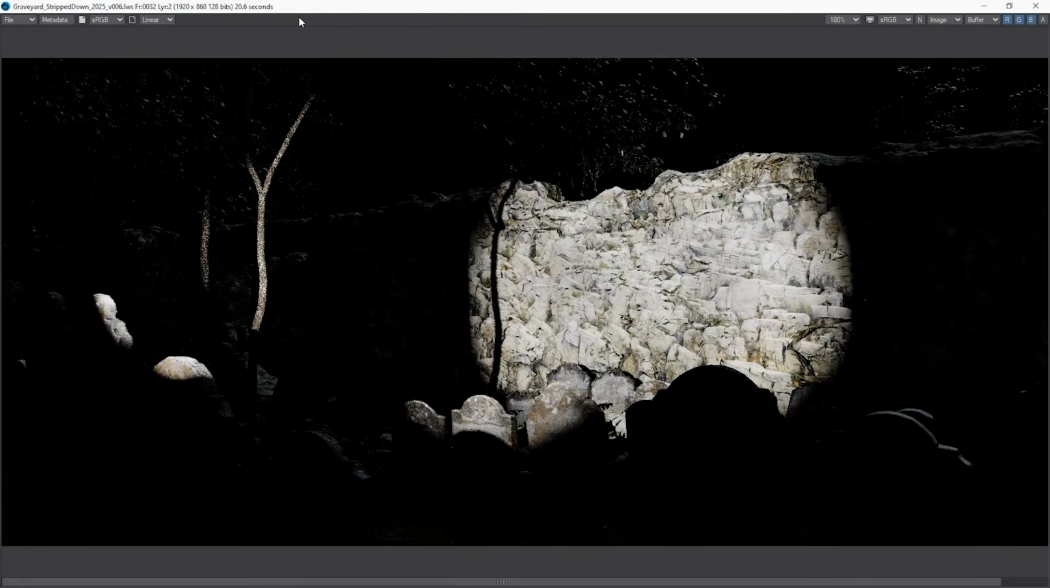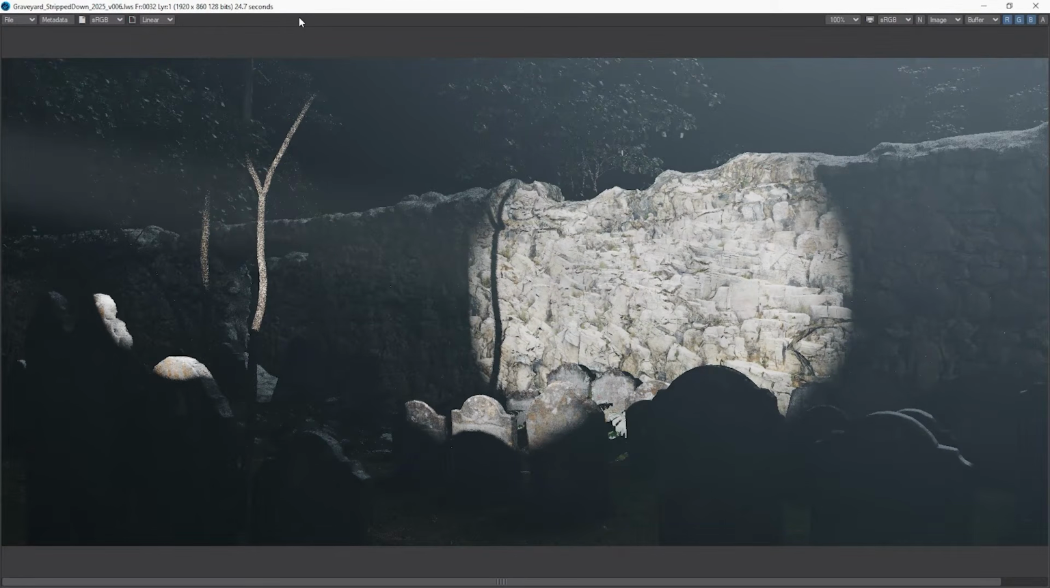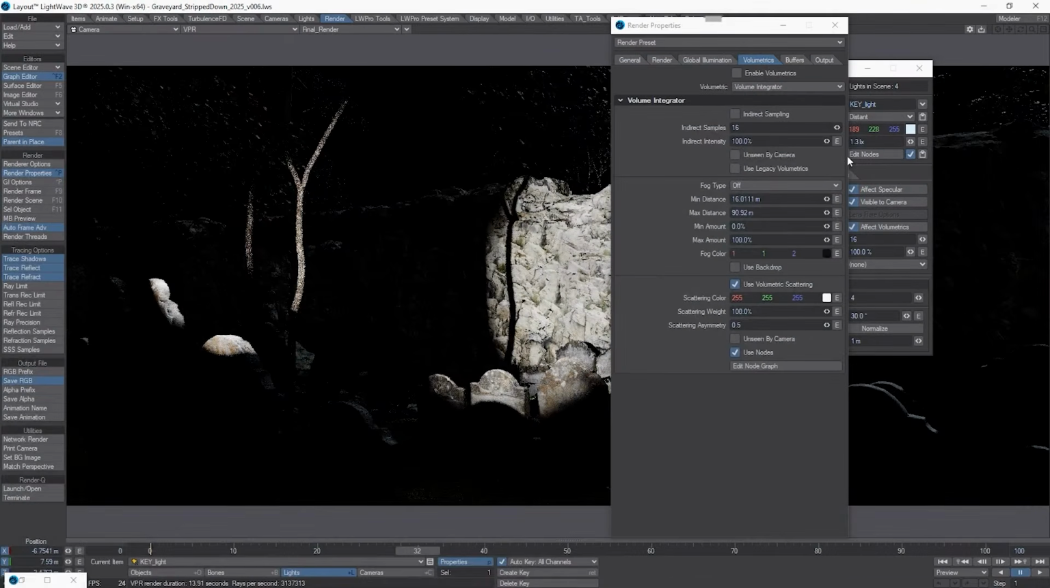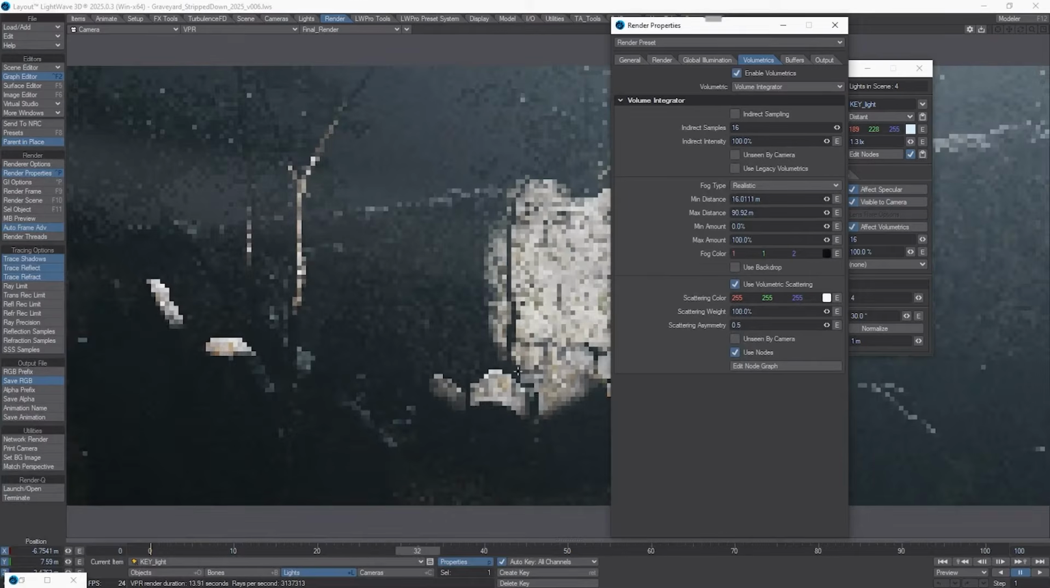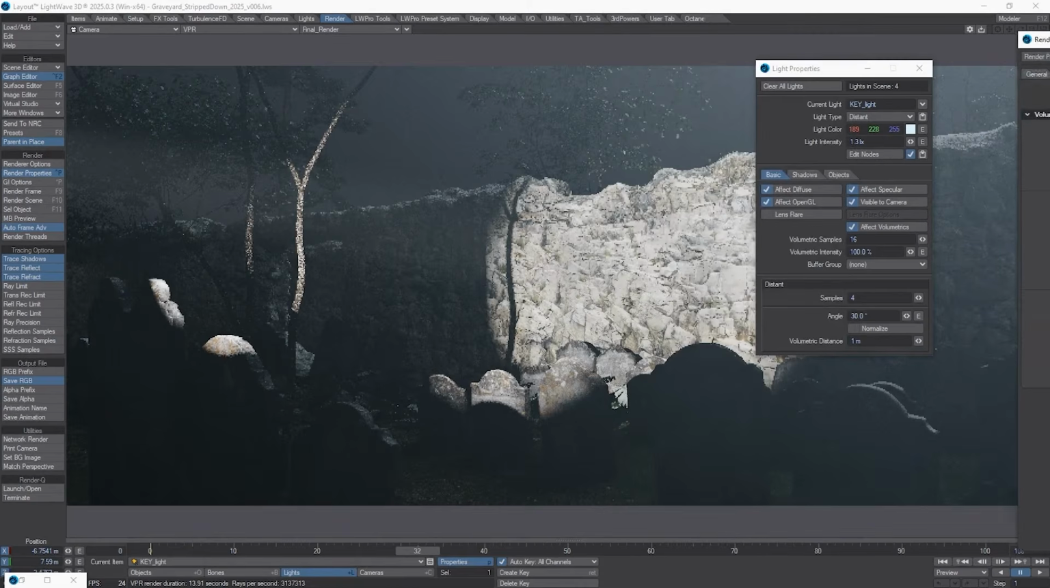Now that's all fine and dandy. That's just basically volumetric lights doing something here. But I want to talk about that mist. And also what we can also add is fog type. So by enabling a fog type and turning your volumetrics back on, we can see that the background is now